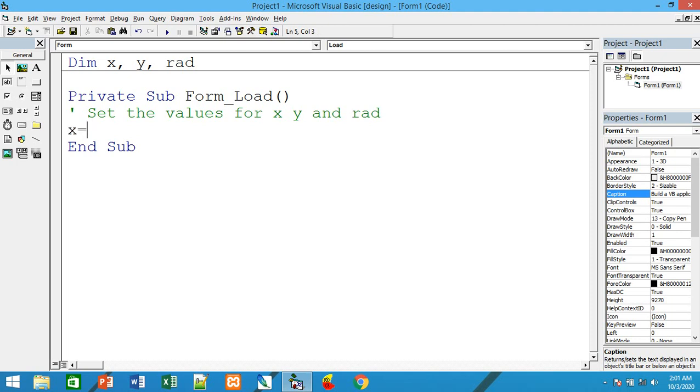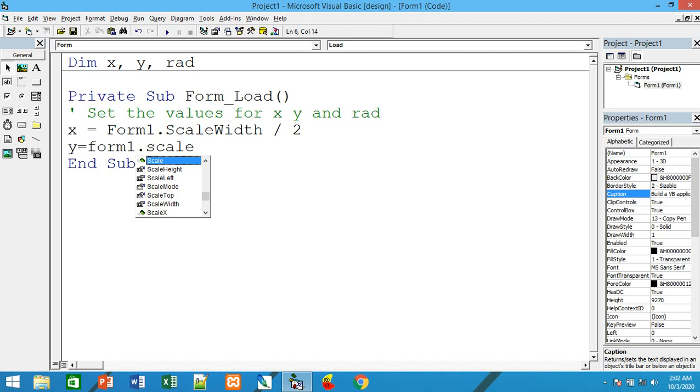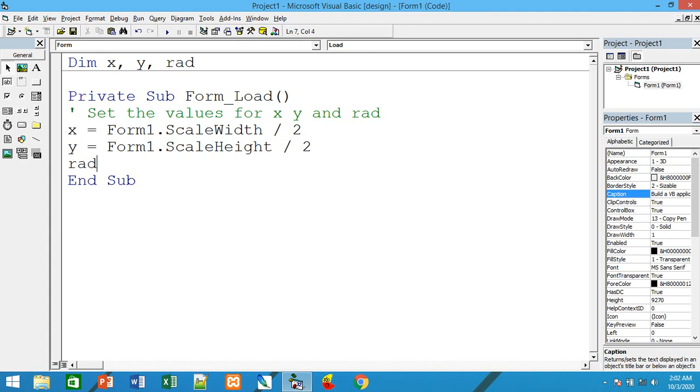At the center of this form the circle has to be displayed, so x is equal to form1 dot scale width divided by 2. Similarly y is equal to form1 dot scale height divided by 2, and for radius, say 500 or 750, we can do 500 or 760.